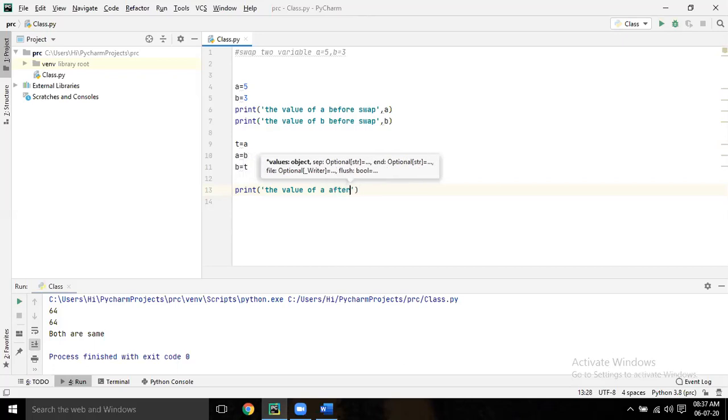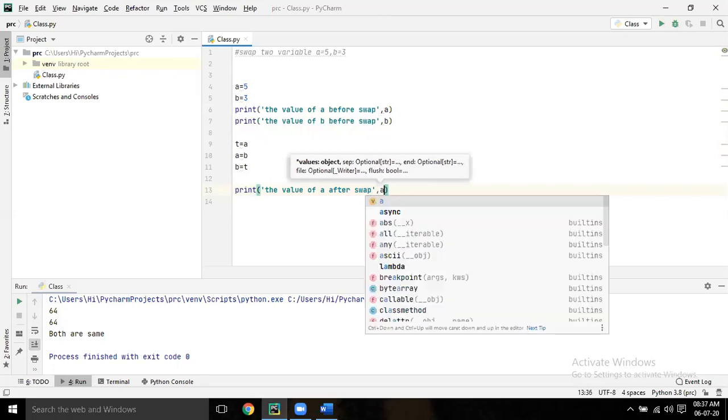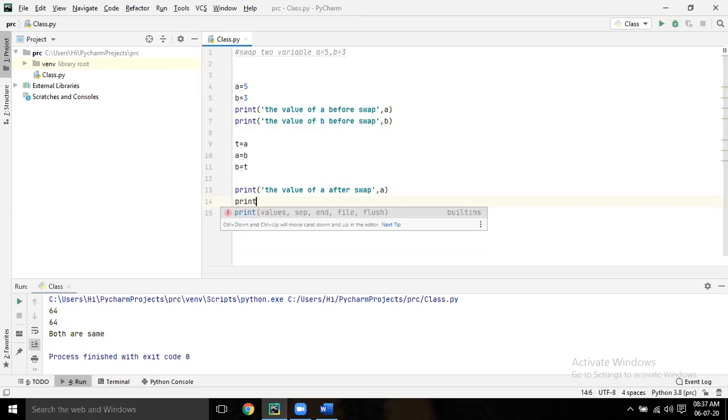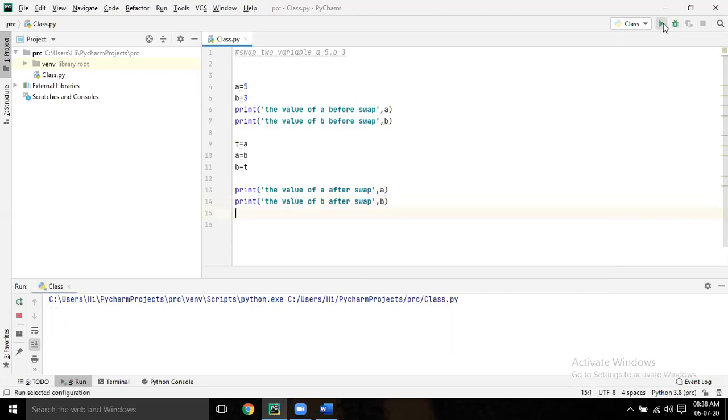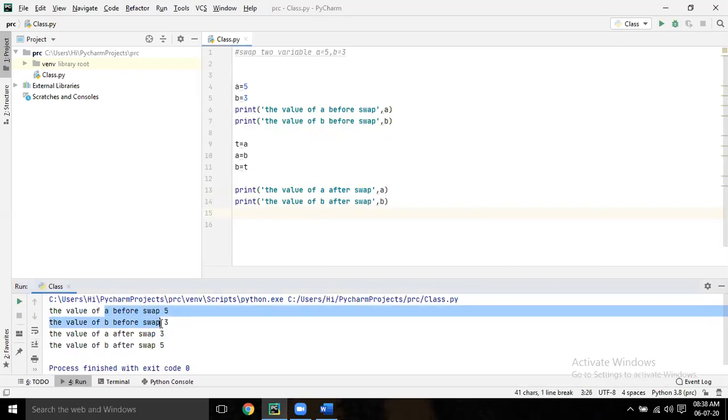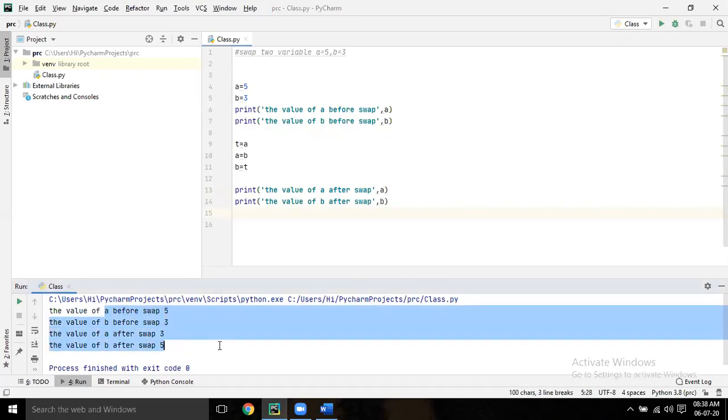So what I did first, T equal to A, that means the value of A we kept in a temporary variable. Now the B value is kept into A. Now in B, the temporary value that I kept goes there. Same as the milk and water, if you think, in a similar way. Now print it. Perfect. So these are the things you have to think about, the logic. But it's very simple. There is nothing much.